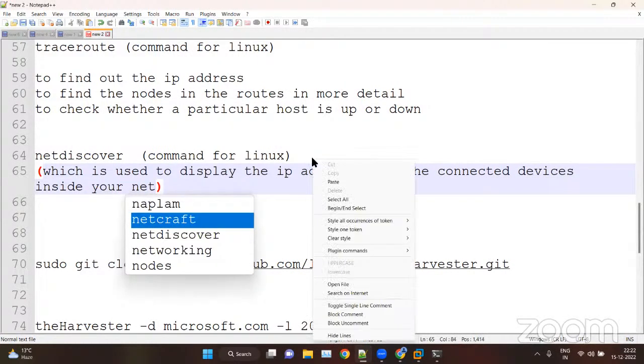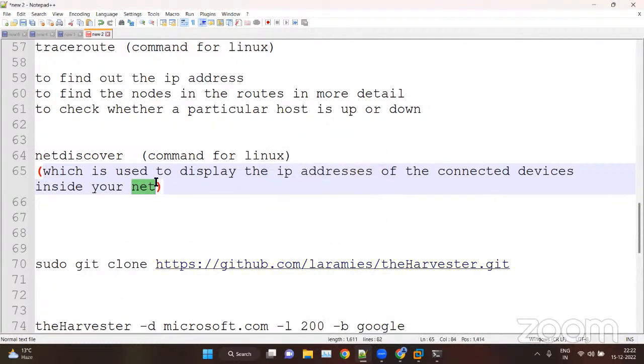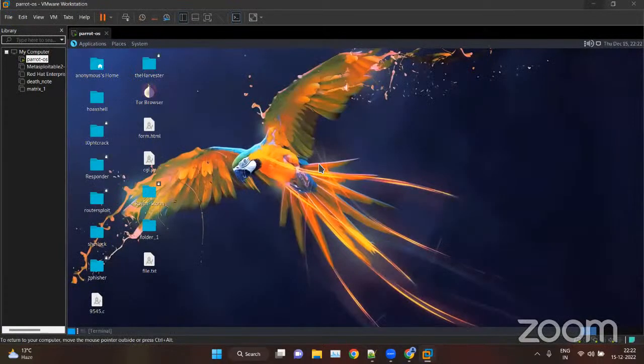So it is used to display the connected devices' IP addresses inside your network. Whatever devices are connected with the router, this will display. We can try it inside Linux. So we can open Linux.